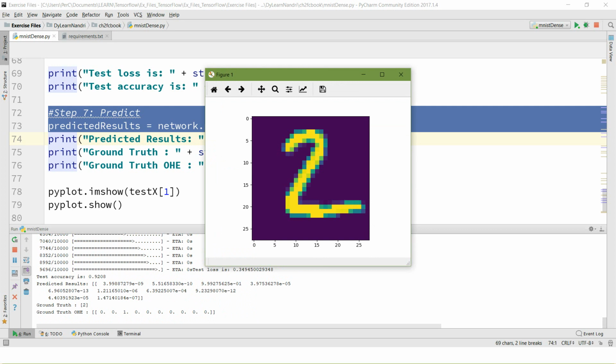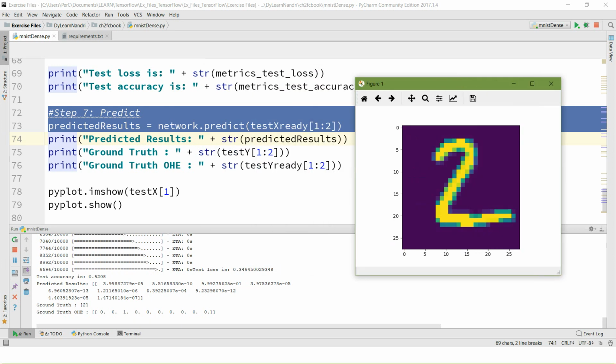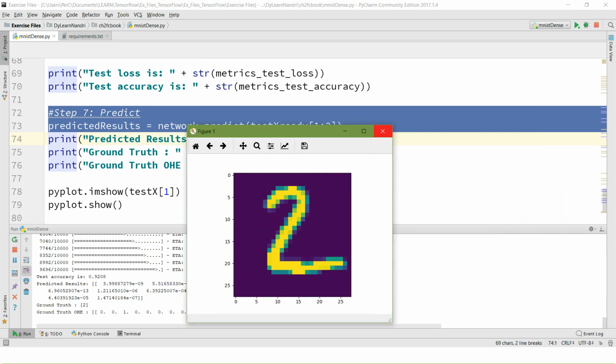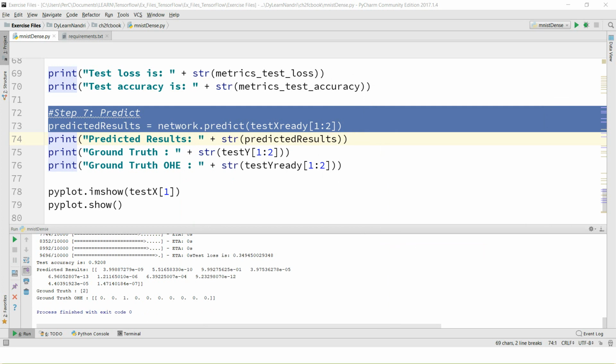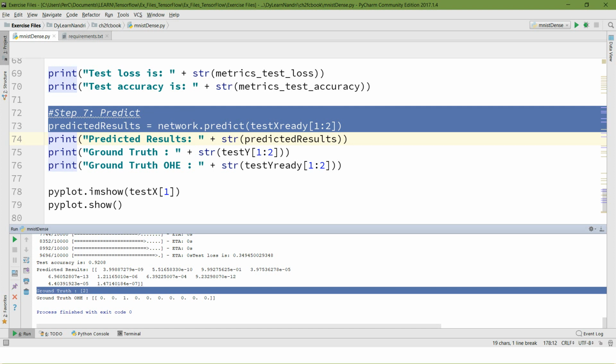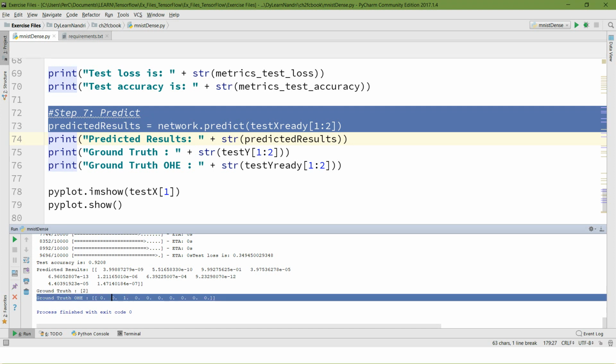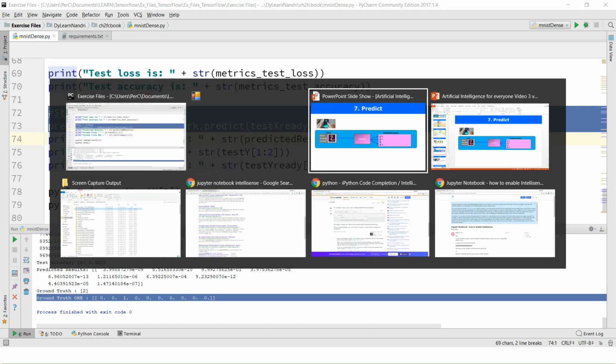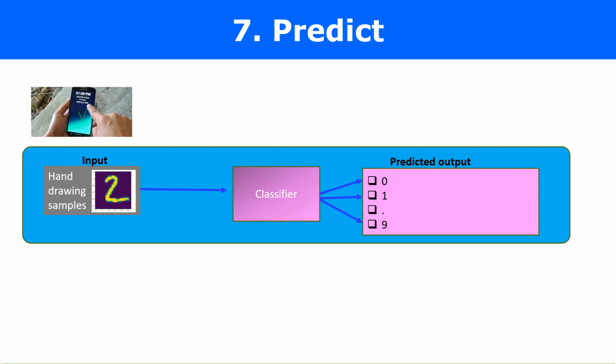Network.predict would actually predict what is the input tensor here. So the ground truth, the input was 2 and the prediction was again 2. So that's fantastic. So the user scribbled on the screen, and the classifier would then predict what the user was doing.